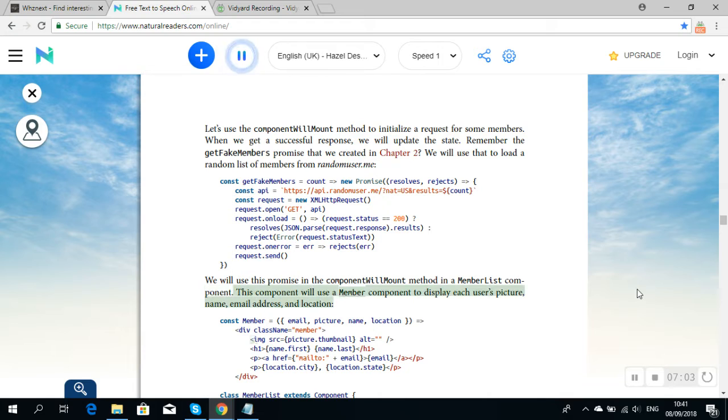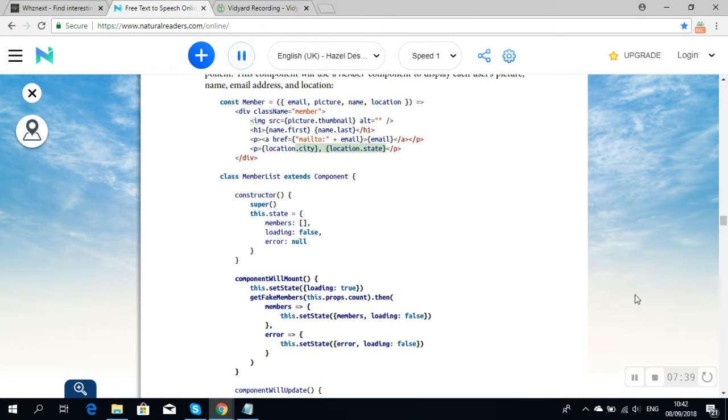We will use this promise in the componentWillMount method in a MemberList component. This component will use a Member component to display each user's picture, name, email address, and location. const Member = ({email, picture, name, location}) => <div className="member"><img src={picture.thumbnail} alt="" /><h1>{name.first} {name.last}</h1><p><a href={"mailto:" + email}>{email}</a></p><p>{location.city}, {location.state}</p></div>